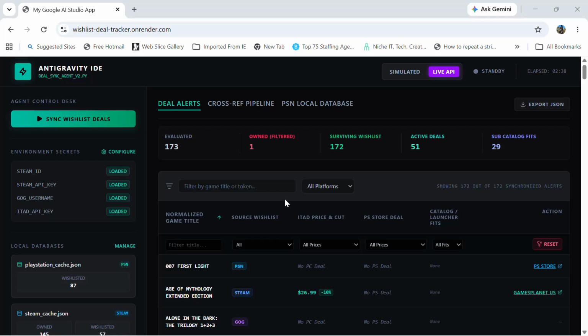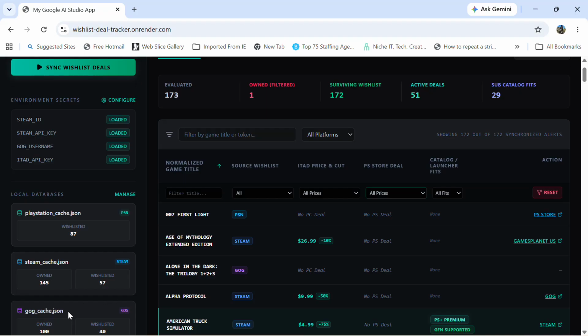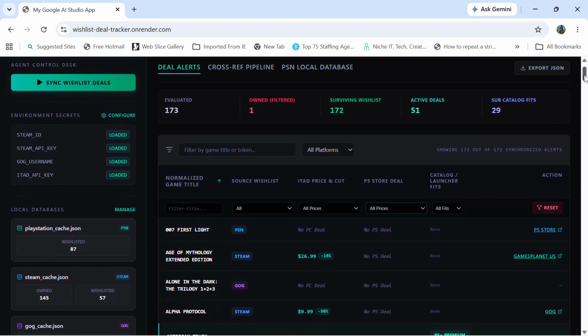I want to introduce my project for the Vibe Coding Hackathon. This is a wishlist deal tracker specifically for video games. Why I built this is I own games on a lot of storefronts, and the three biggest ones are GOG, Steam, and PlayStation. So whenever Steam has a big summer sale or something like that, it's kind of